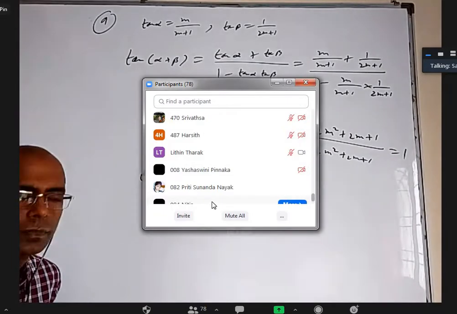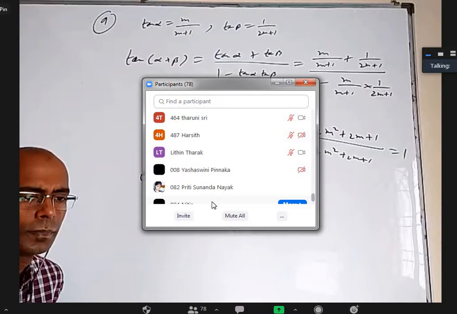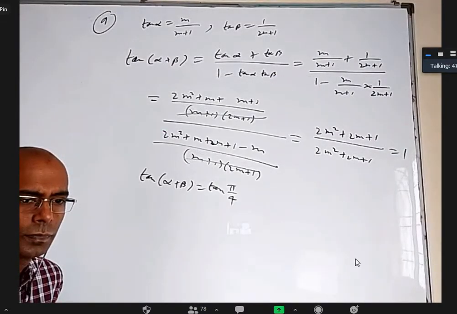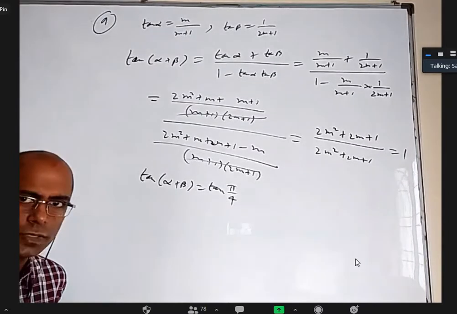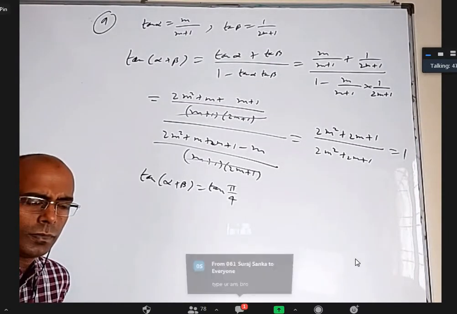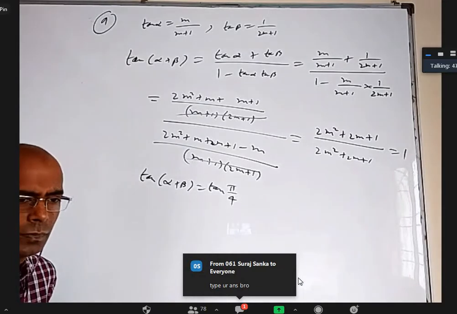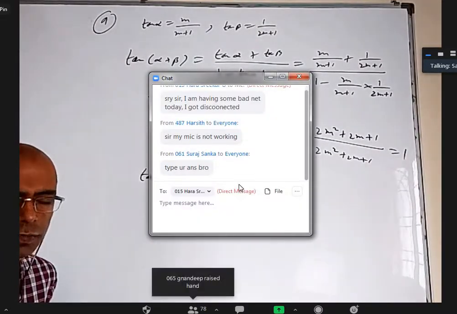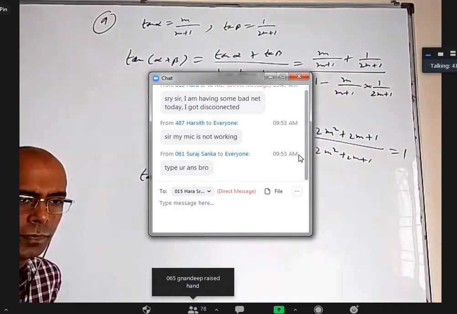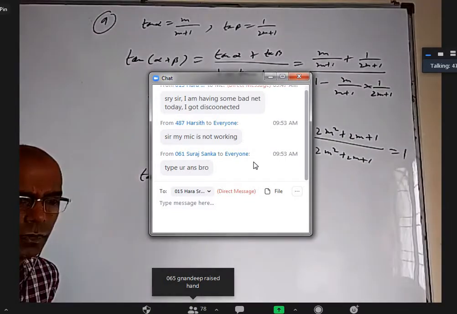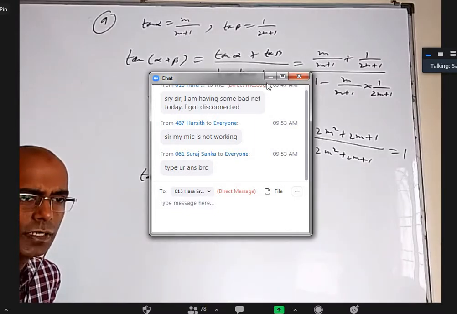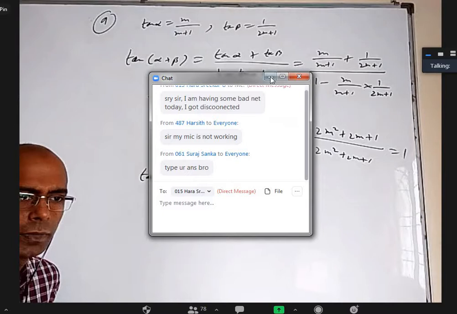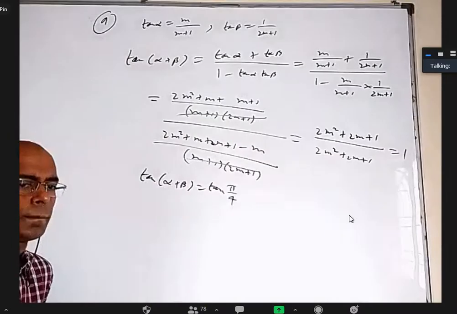Yes, Srivatsa. Yes, sir. Do you know or you don't know? No, sir. You were there the last two classes? For the last class, I am there, sir; the class before that, I am not there. Oh, the class before was the main one. I sent the recording, you would have watched. Yes, sir. I have seen notes, sir. Yeah, not only just listen to the class, some points will go straight. Okay. Yes, sir.